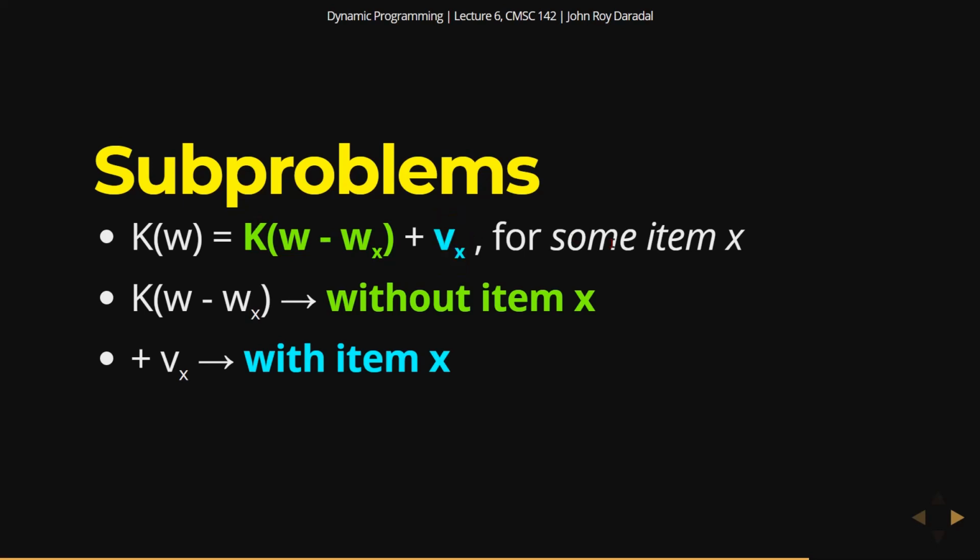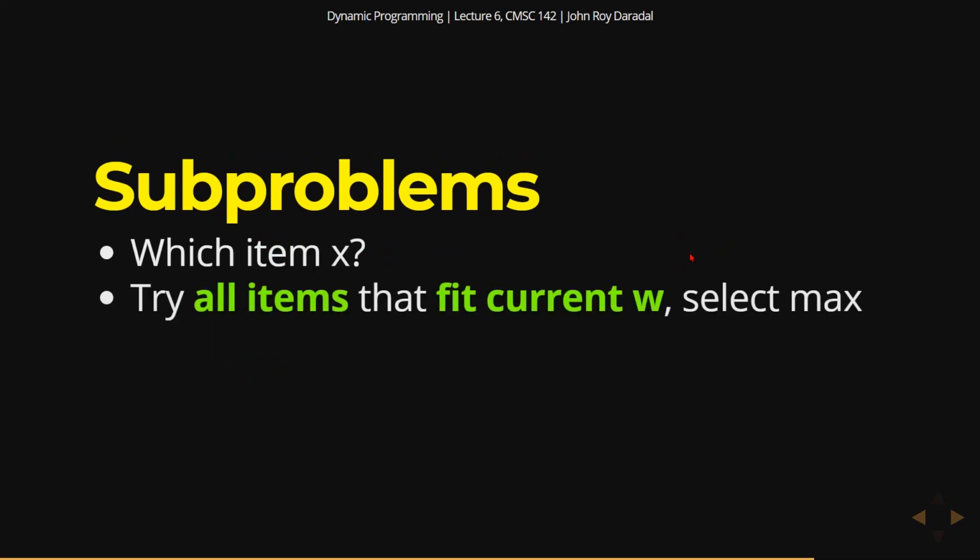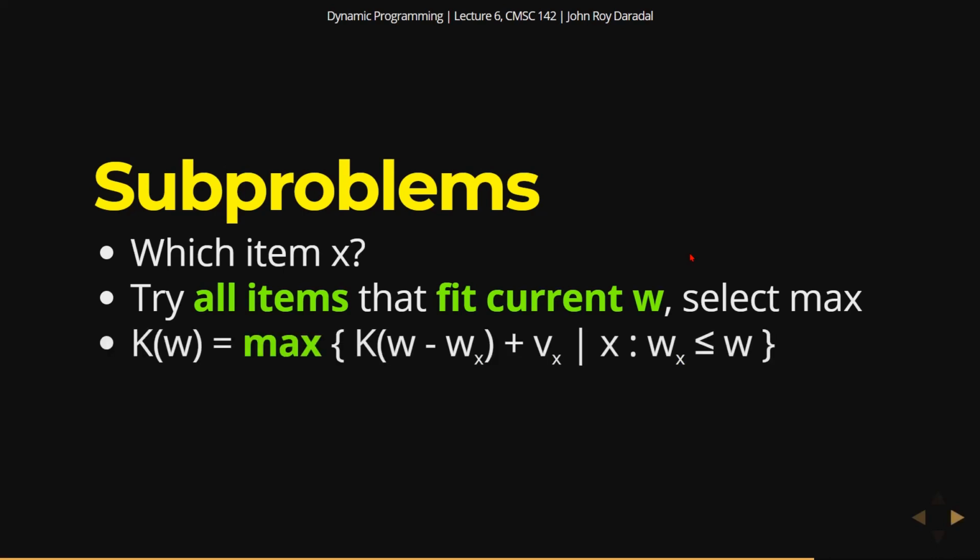But this is for some item x, and we don't know which item x is. Since we don't know which one it is, we will just try all items that fit the current capacity W, and select whichever is the maximum. So we'll select among all items that fit. All in all, this would be the